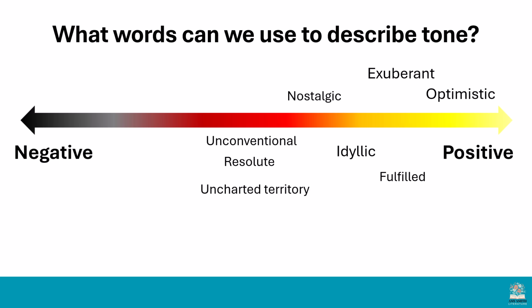Uncharted territory is a word that we use to talk about Walking Away, which is one of the poems in the anthology, and also Mother, Any Distance. And that's about new experiences, going on adventures, discovering new things in life. It's in the middle on my chart because it could be a really daunting, fear-inspiring experience. Going off and doing something new can be a real challenge. But actually, ultimately, even if that's difficult, it leads to positive outcomes. So I've put that in the middle.